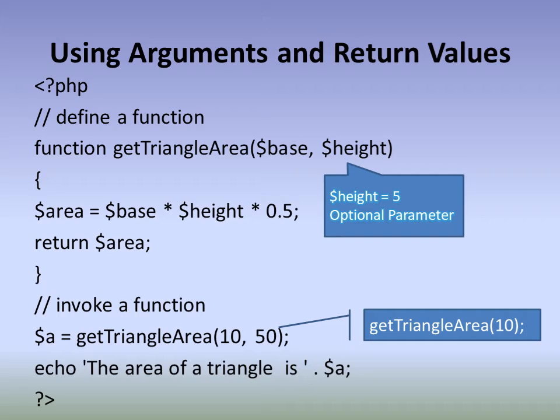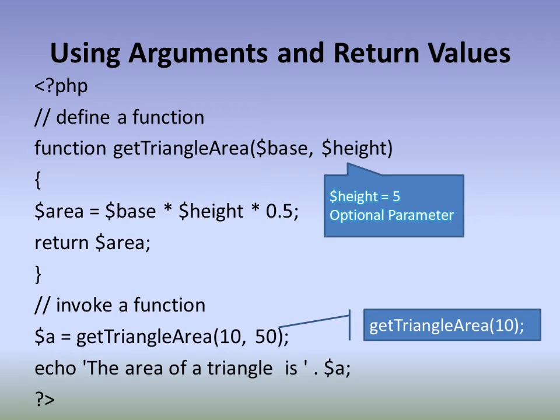By specifying optional parameters, while calling we can omit that parameter, but we should have defined a default value when defining the function. There is one condition for using an optional parameter. The optional parameter should occur at the rightmost end in the function definition. When we have many parameters as arguments, the optional parameter should be at the extreme right. Here we have two parameters, $base and $height. So the optional parameter should be the rightmost.